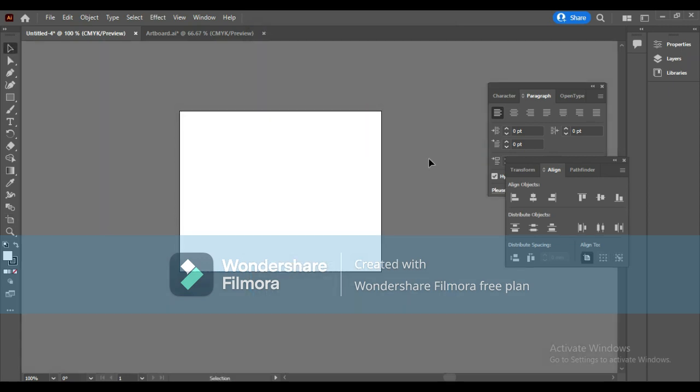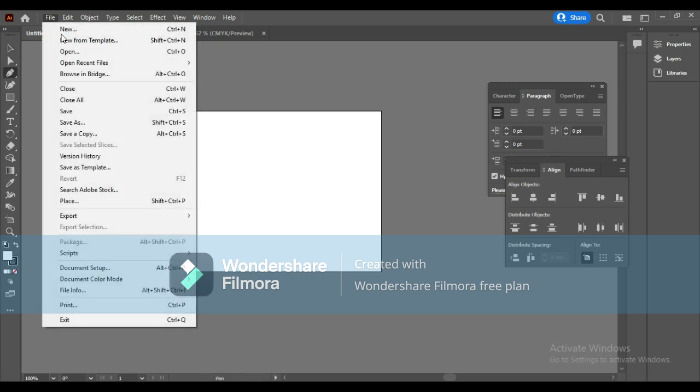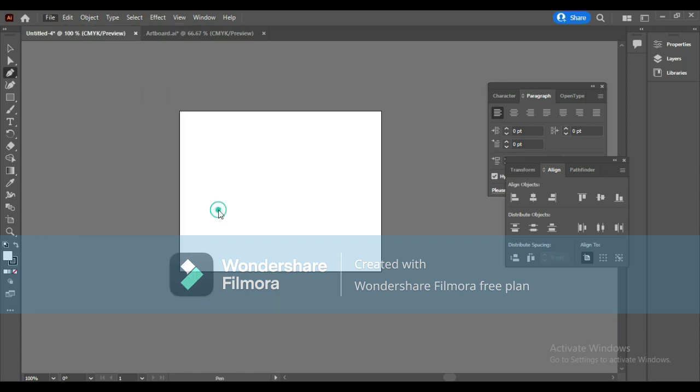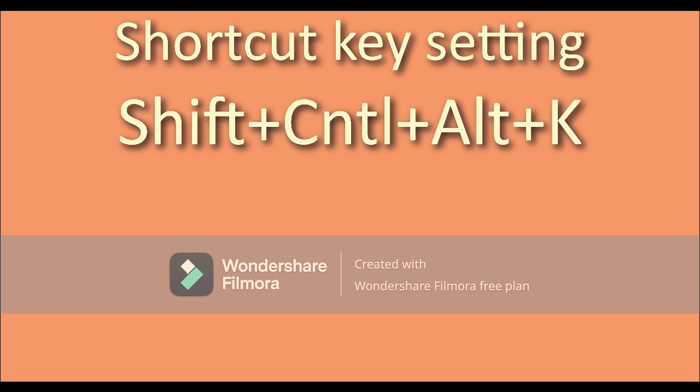In order to make your work much faster, first of all you have to set up the shortcut keys for all the tools and commands. Tools means whatever you are picking from the tool palette in order to create the illustration, and menu commands are from the menu bar. The commands you utilize in order to achieve some actions are called menu commands. So for setting the shortcut keys for all the tools and commands, first you have to press Shift Ctrl Alt K,